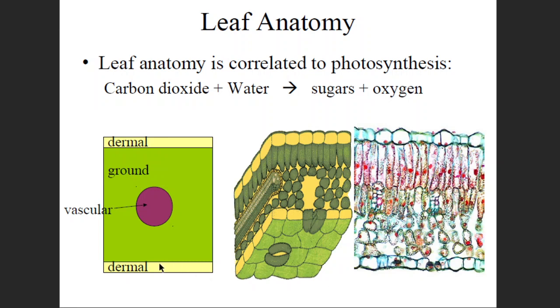Again, it has the dermal tissues on either side. So from both sides we can find the dermal tissues, upper and lower. On both sides we can find the stomata as well, from where water loss can be seen. To check the water loss, there is a presence of stomata, and the stomata can be of different types as well. At the center of this leaf there is a presence of vascular tissues, and the major part of it is covered by the ground tissue or cortex.